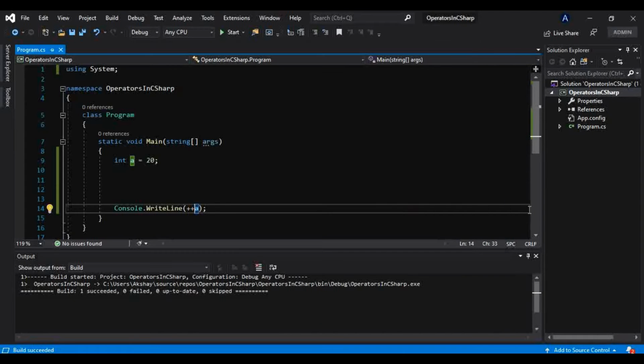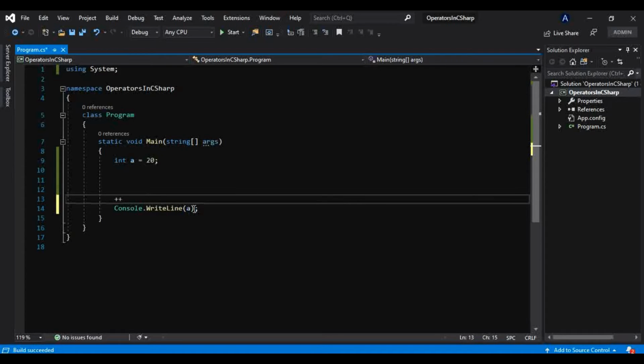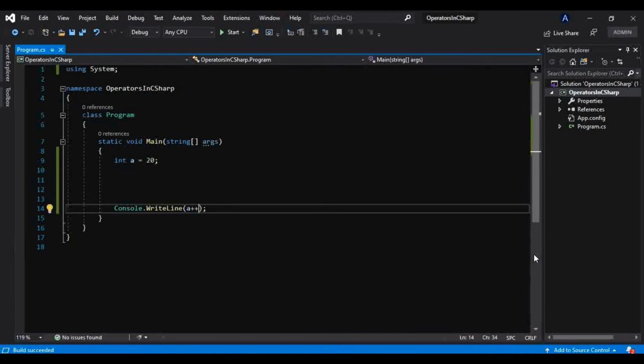So what that plus plus operator does is it just increments the value by 1. Now why have I put that before this a and not after? Because if I do so, it will give us 20 only. Okay, so it is giving 20 because we are incrementing this a after it gets printed onto the console.